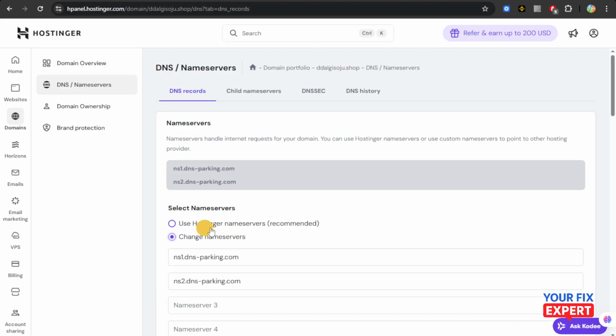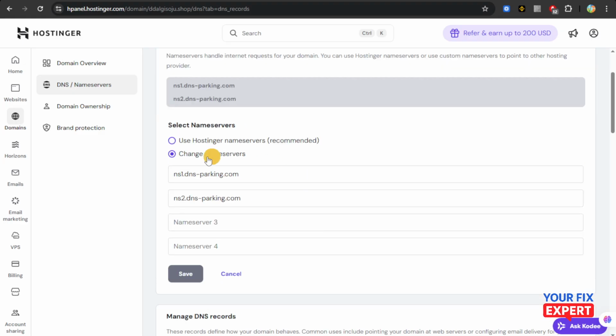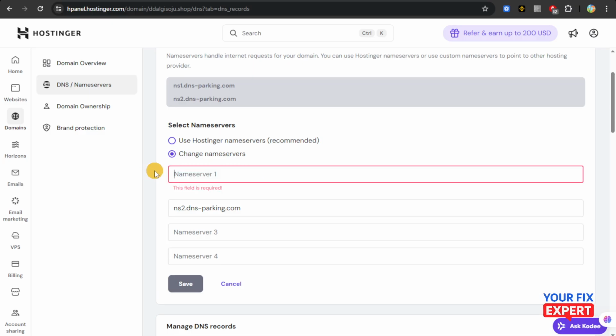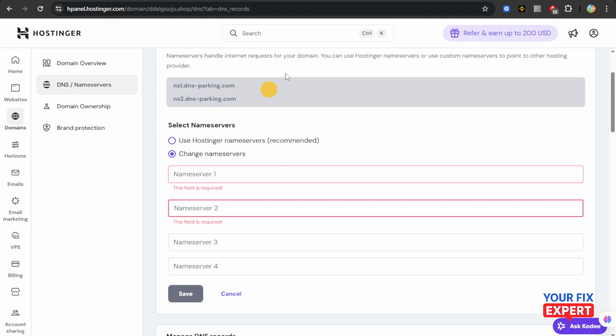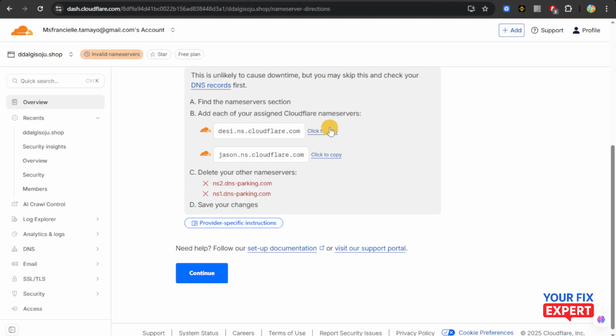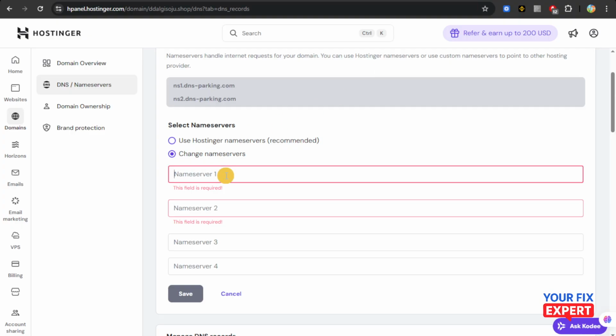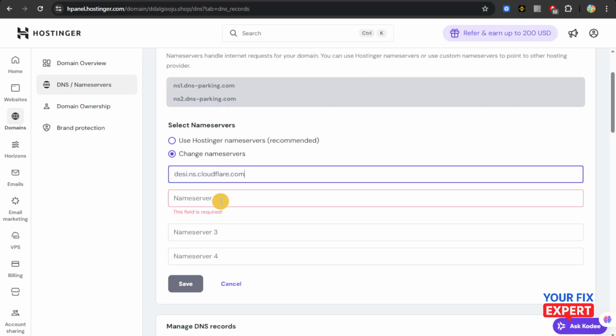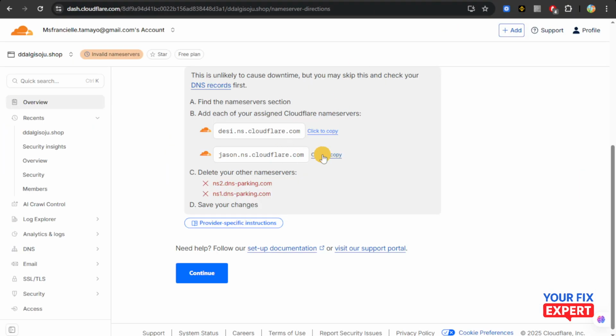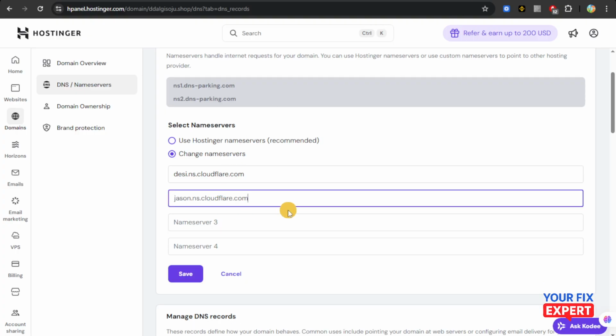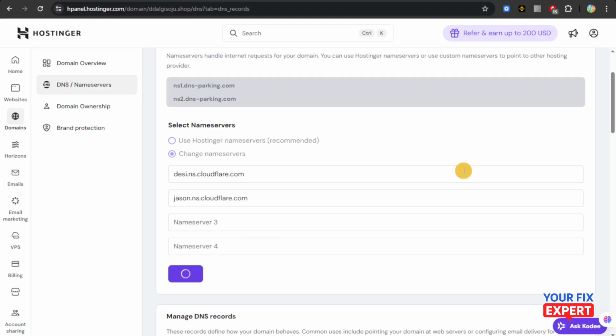We're going to toggle this change name servers instead of who's hosting your name servers, and then from there, we're just going to delete all of these, and then we're going to copy the name servers from Cloudflare. I'm going to click on copy right here, and then another one at the bottom of the page. Going to click on copy once again, and then paste it. Now I'm going to hit save, and then you'll be able to see that all of these are changed,